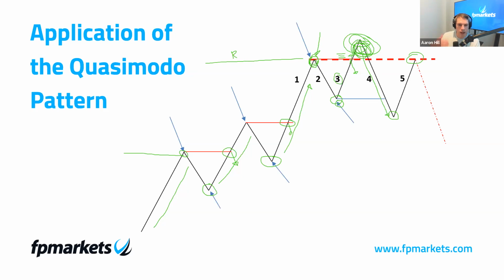So look, with a brief layout of the psychology forming the bearish Quasimodo formation, which is exactly the same for the bullish QM, guys. It's nothing different. It's just reverse. We can clearly see we need 5 legs, right? I hope we're clear on this. 5 legs. 1, 2, 3, 4, 5. Nothing complicated there.